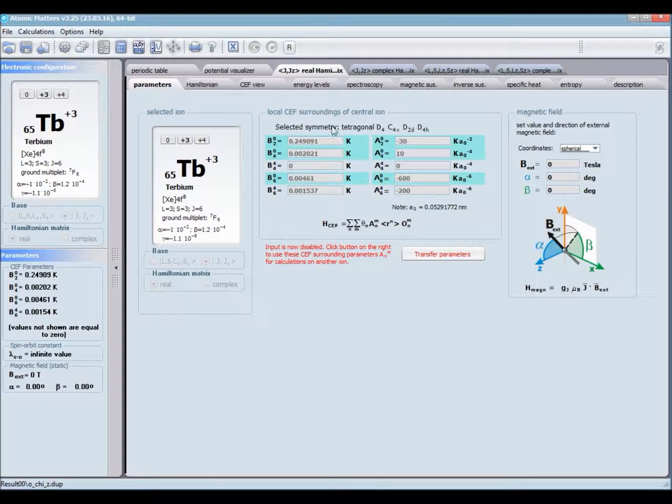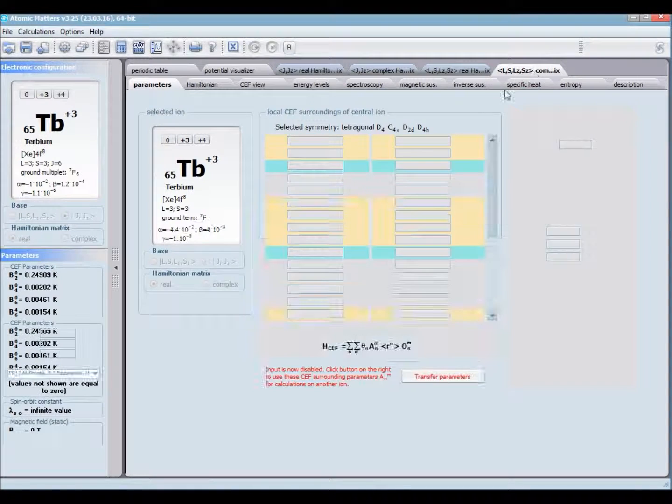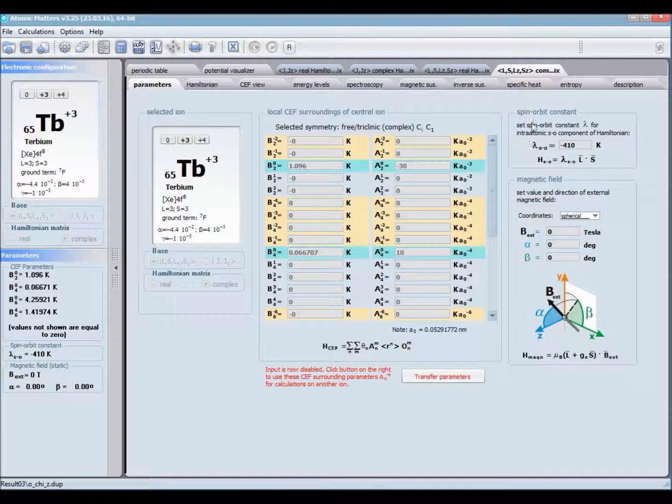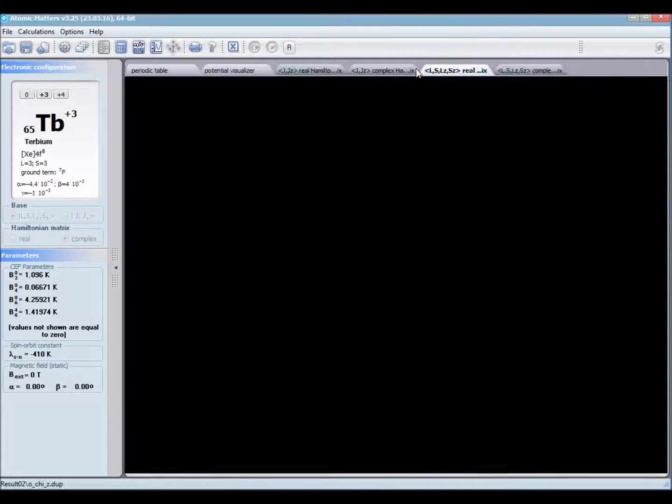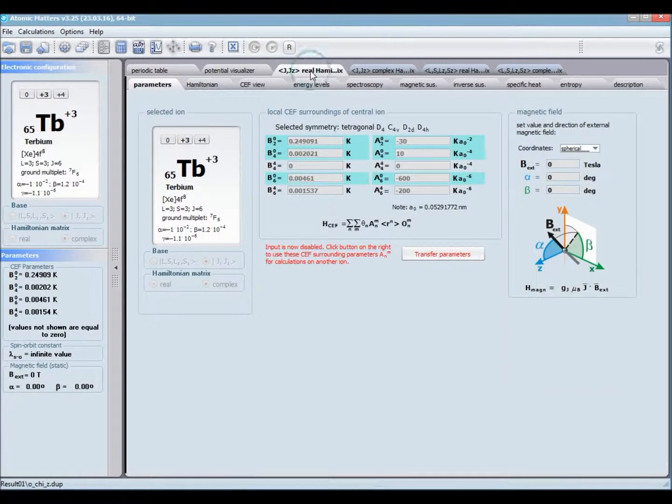because the calculation in the first tab was made in JJZ, we can see only parameters from the crystal electric field surroundings, but the last tab contains the spin orbit coupling constant and spin orbit coupling interactions. So one more parameter will be delivered to this tab. Of course, we can easily compare input tabs from different sets of results, but let's look at the result tabs